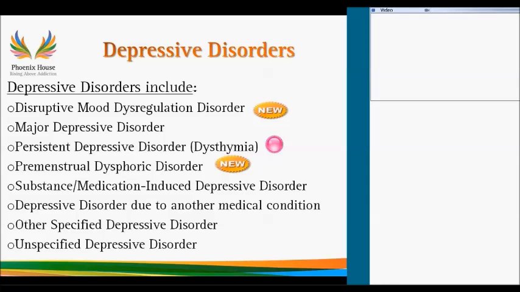Depressive disorders. Okay, there's a bunch of new and pink balls here and things to include. Depressive disorders has expanded, and one of the reasons why they moved bipolar disorder over to the separate chapter in and of itself. What we have here, as I marked as new, is disruptive mood dysregulation disorder. This is a disorder that is specific to children under the age of 18.